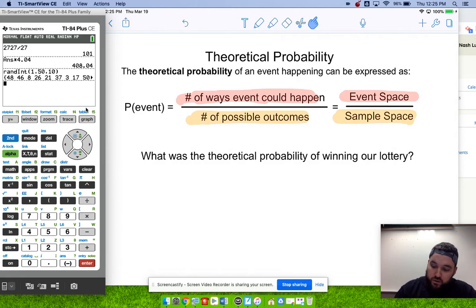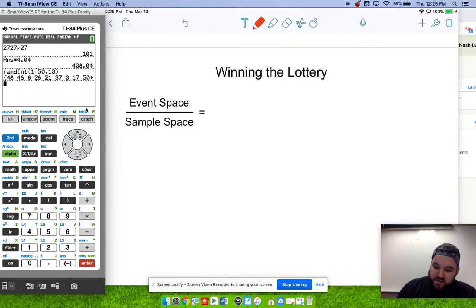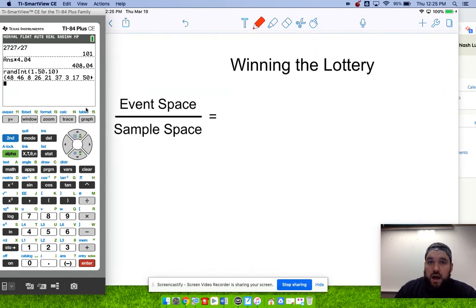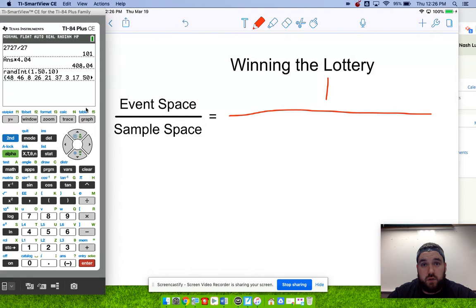Okay, so what we're going to do is figure out what is the probability that you just picked 48, 46, 8, 26, and 21 as the 5 winning lottery numbers. So the event space is how many ways could you have won the lottery? And really, there's only one way that you win that lottery. There's only one winning ticket, and it's the ticket that has these 5 numbers that are displayed on the calculator. The sample space is a much larger number because the sample space is how many different sets of 5 numbers